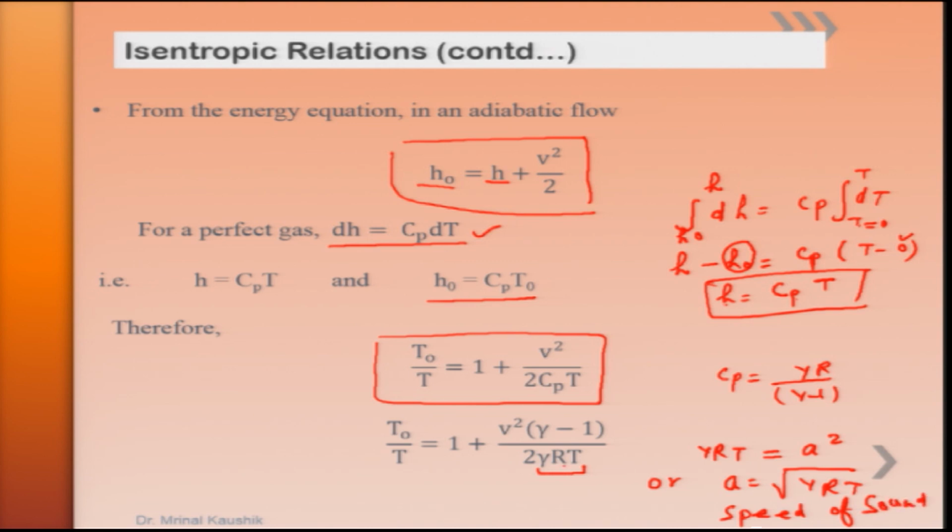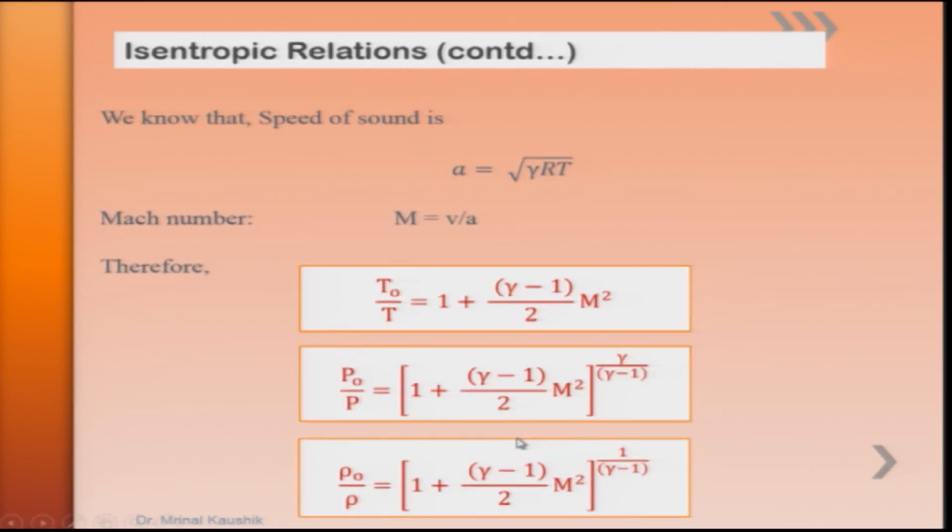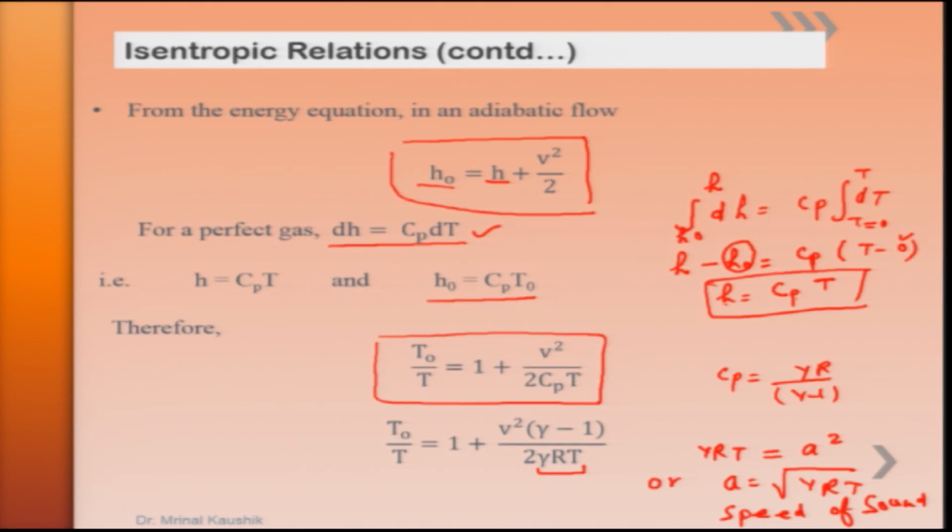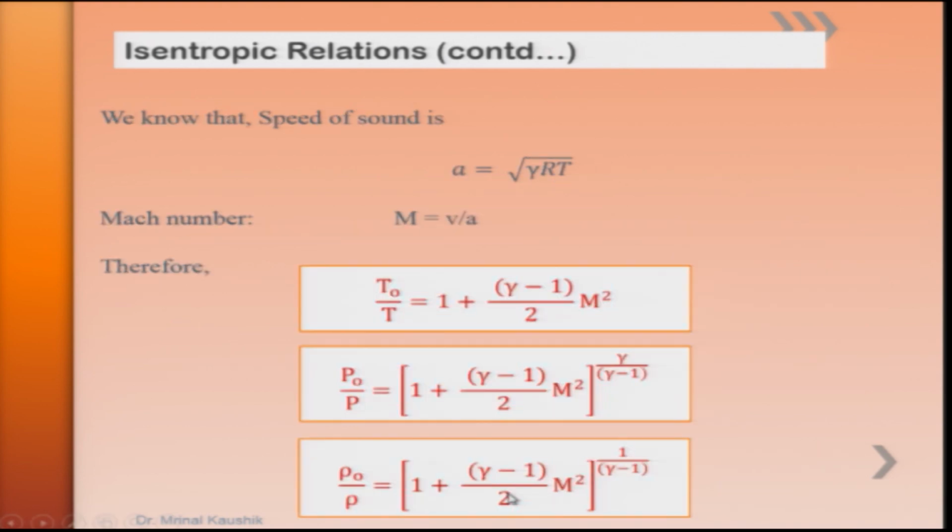That means, T naught by T is equal to 1 plus V square by 2 into gamma minus 1 upon a square, and since V by a gives you M, we can bring down the equation as T naught by T is equal to 1 plus gamma minus 1 by 2 M square,